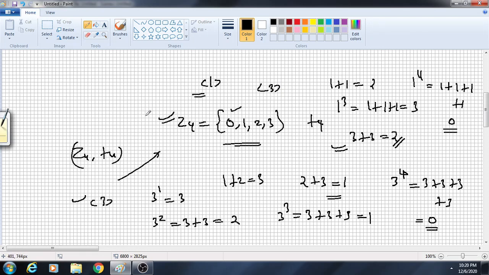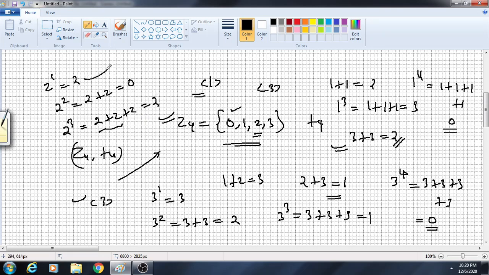There can be many other elements also, but every element will not be a generator. If you consider the element 2 here, what will I get? If I take 2 raised to 1, it is 2 in this group. If I take 2 square, it is 2 plus 2 in this group, which is 4, which is again 0. Again, if I take 2 cube, what will I get? Again it will be 2 plus 2 plus 2. Already 2 plus 2 is 0, so it again takes 6, and when you take the remainder, you will get it as again 2, and it will continue like that.